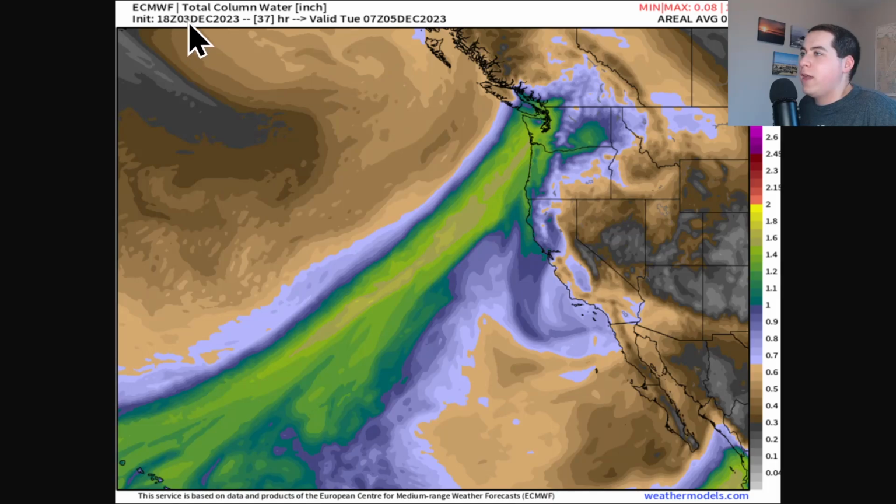So this is a forecast from 2023, and you can see that vapor transport, how you had the low pressure to the north, you had high pressure to the south, and then you can see this stretches from Hawaii up toward the Pacific Northwest, and you can see this enhanced area of water vapor like we were seeing in that previous graphic.